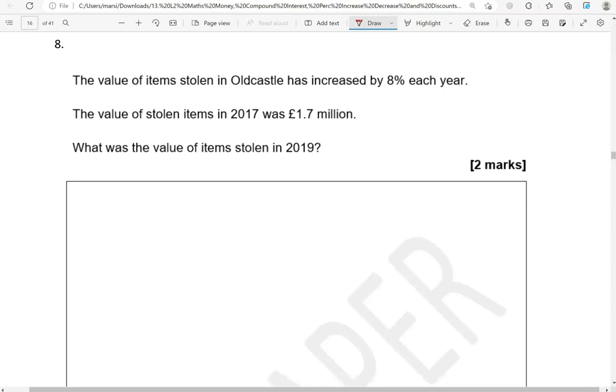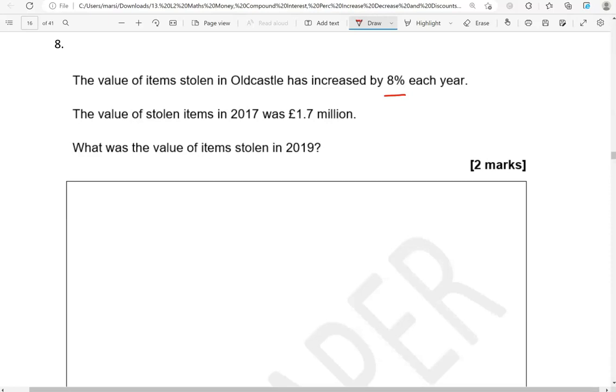The value of items stolen in Oldcastle has increased by 8% each year. The value of stolen items in 2017 was £1.7 million. What was the value of items stolen in 2019? So the value of the items stolen has increased by 8% each year, which means we're talking about compound growth,